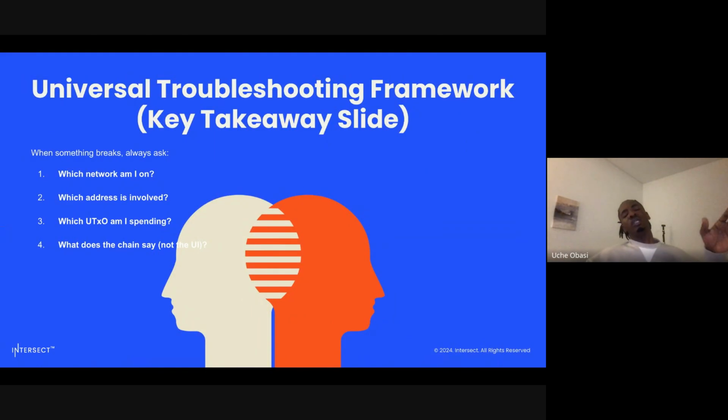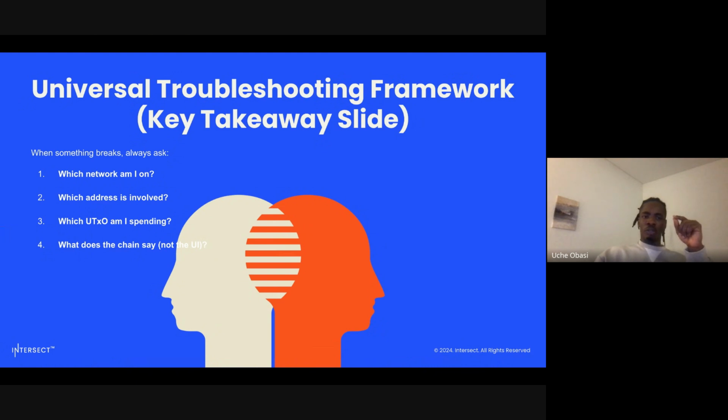So a key takeaway to have in mind from this slide is: when something breaks, always ask yourself these questions. The first question you need to ask yourself is, which network am I on? Am I on mainnet? Am I on testnet? Am I on preview? Am I on preprod? Once you determine the network you're on,